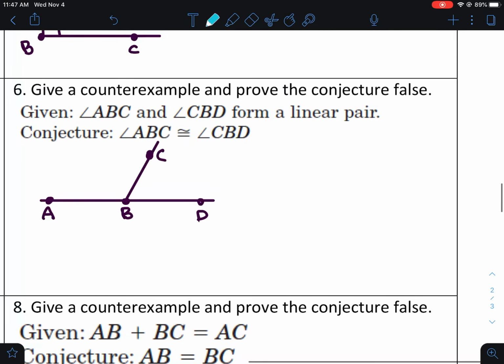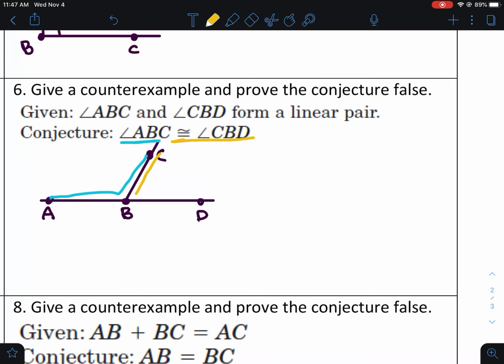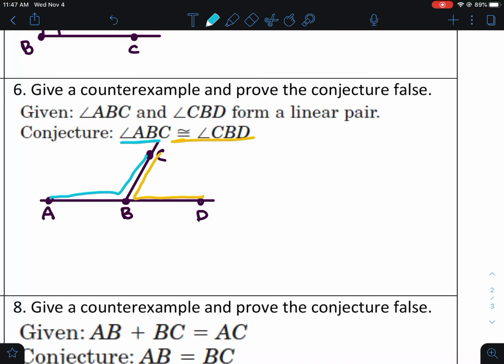Number 6, give a counterexample and prove the conjecture false. Angle ABC and CBD form a linear pair. So the conjecture is that ABC and CBD are congruent. So this is ABC right there. This is CBD right there. Are they congruent the way that I drew them? No. So because of that, we could say, okay,